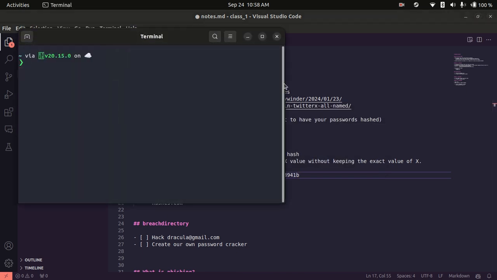By the way, I'm using Linux. I recommend you to use Kali for this class. I believe it's a good way for beginners to follow along. But you can use whatever Linux distribution or even Windows if you install the right tools. So HashID is a tool that allows you to